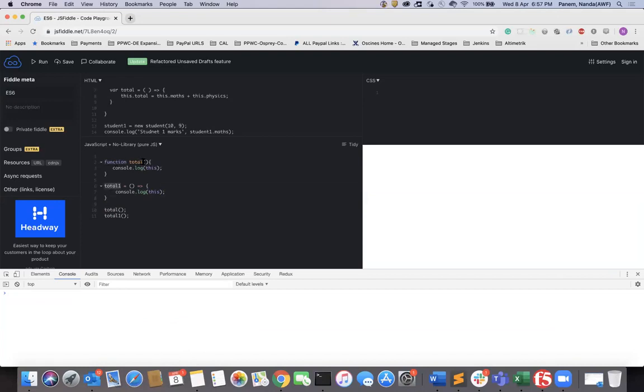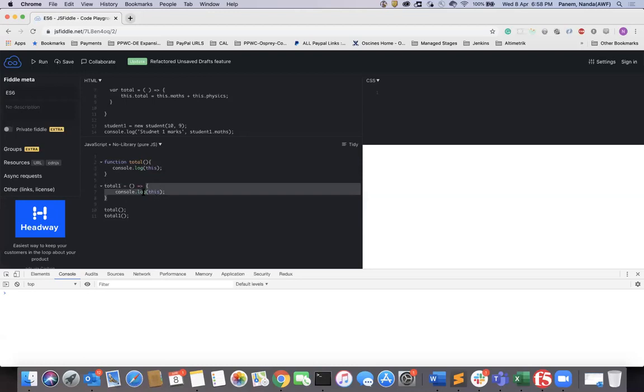Instead of the braces, you provide the arrow and parentheses if you want to pass some value. If you don't want to pass a value, you can remove them also. And then this is the block structure. This is the way you can write an arrow function.